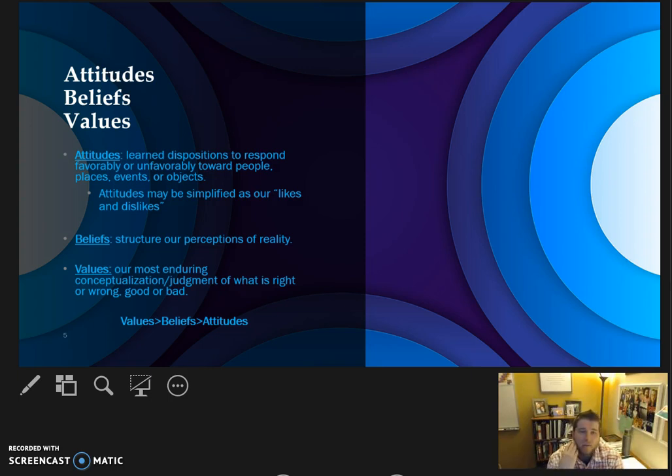You can have a persuasive speech on value, policy, or fact, okay? And those will link to attitudes, beliefs, and values as well. You can reinforce policy with belief. Makes sense? I mean, all of this comes together. Everything we're doing with persuasion in the book chapters, everything I'm going over here, everything that's on your assignment sheet, it all comes together.